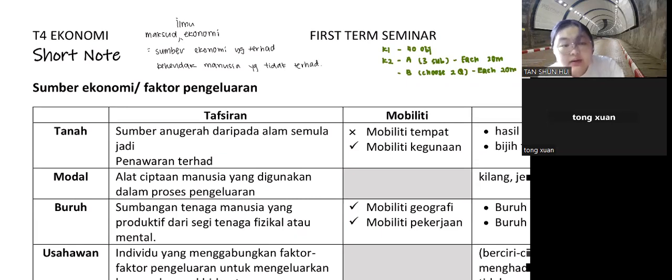This is the keyword. And you found out why this sentence is not in the short notes. It's because these parts